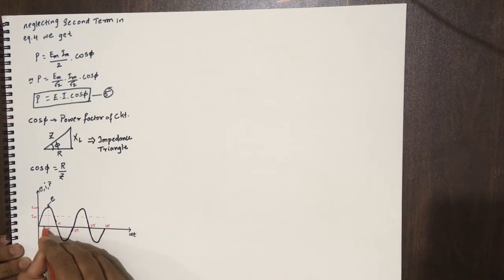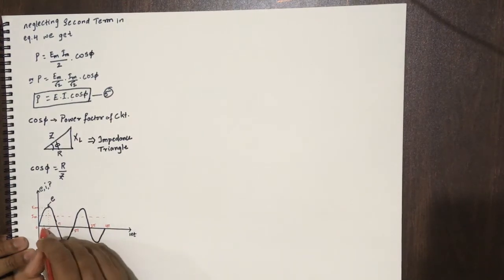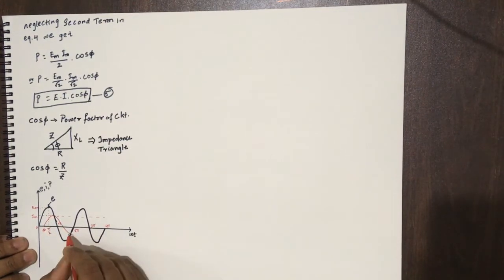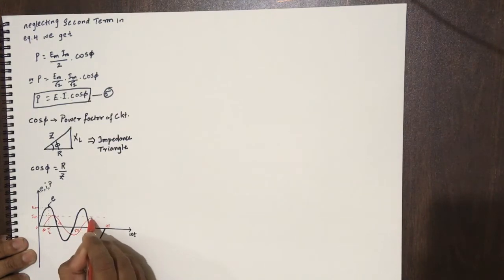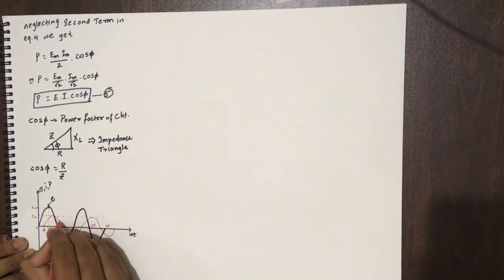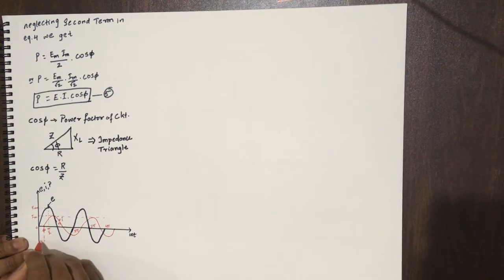Now I is starting after an angle phi with respect to omega t equals 0. Therefore it reaches its maximum value after an angle phi after pi by 2. So therefore there is a constant phase difference of angle phi. So this is my current I. Now this is the constant phase difference angle.